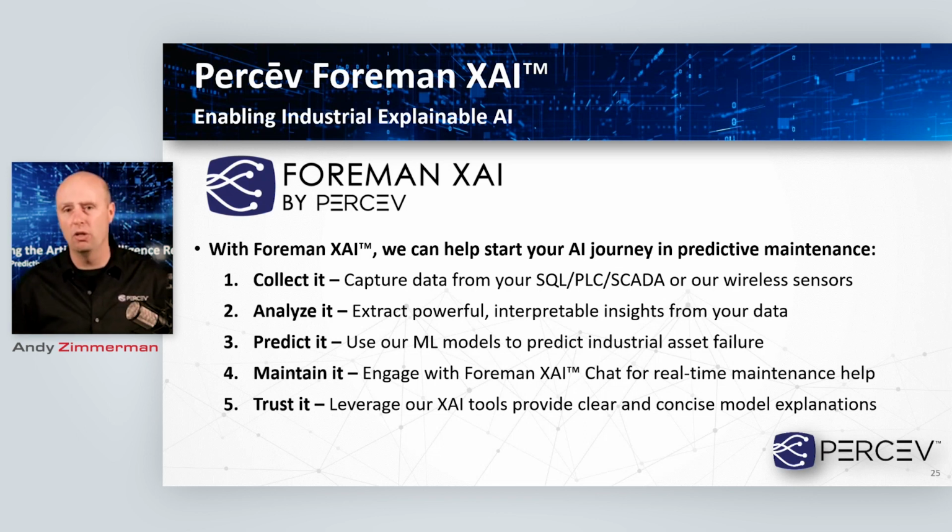So Nick's going to put a poll on the screen here. That's going to show if you're interested in early access to any of the technologies that I'm going to talk about here. Specifically, we do have a generative AI-based chat assistant for maintaining industrial assets. But when I look at explainable AI in general, I look at it in 5 main pieces. With this technology,